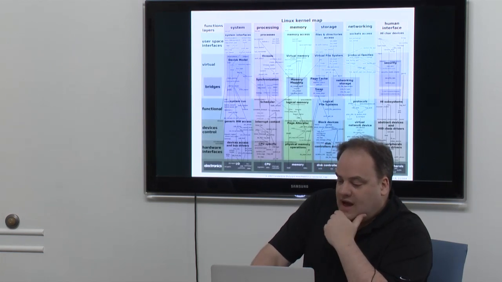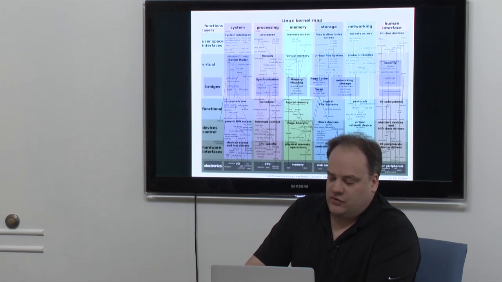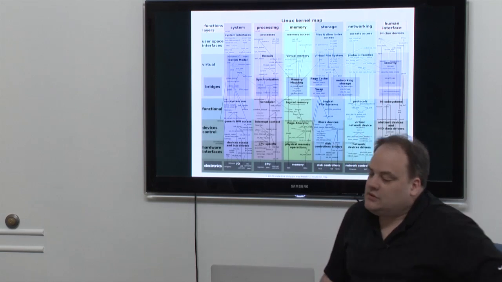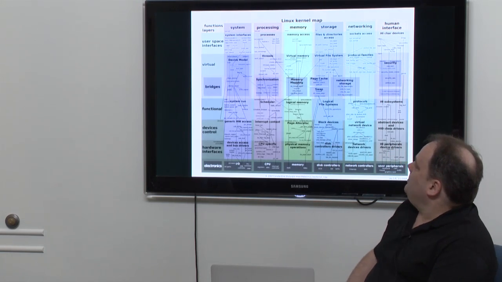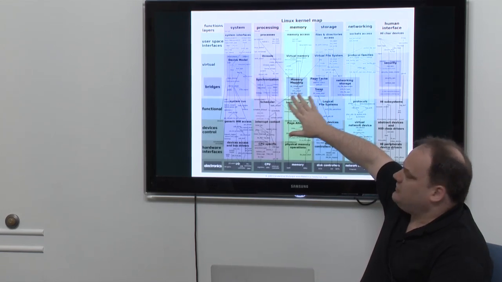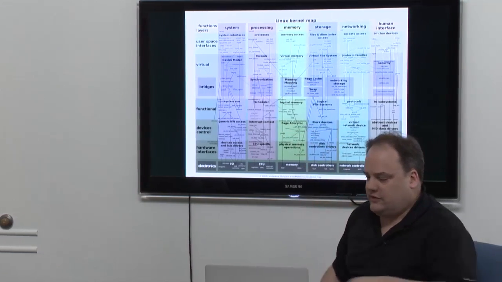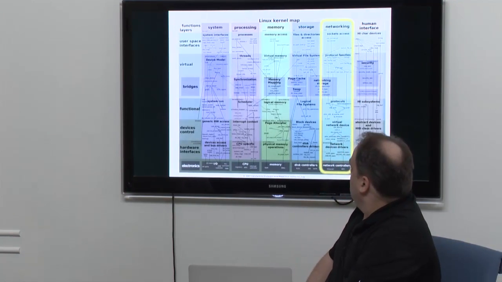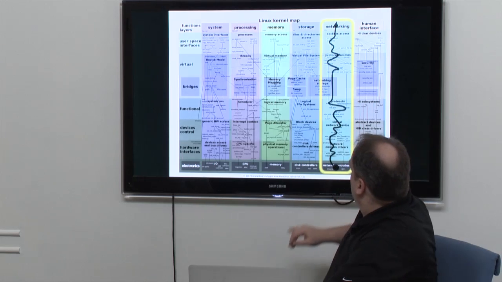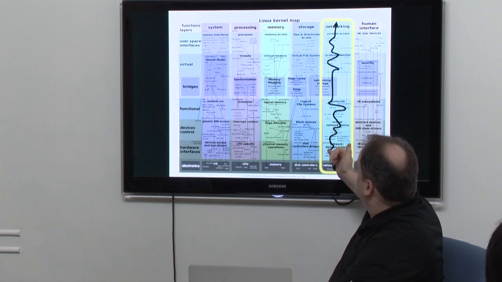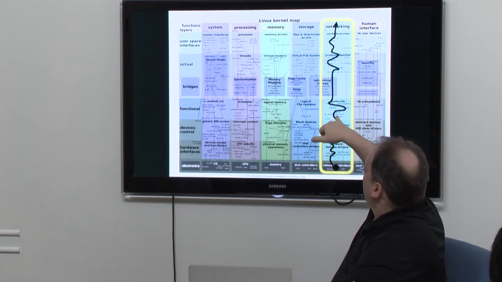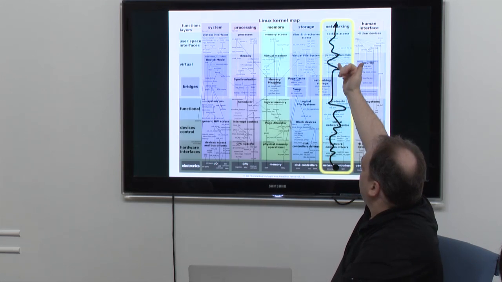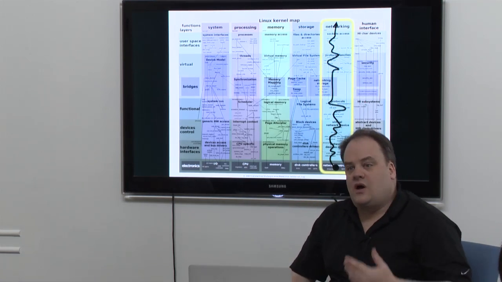So now I'm going to talk about packet scheduling. This is where I start to get into the meat of the presentation. This is the Linux kernel map. I got this from Wikipedia. I don't know if you've seen this before. The part that I want to talk about is the networking stack. Specifically, when a packet arrives, it goes to the network device drivers and so on, through all these structures, all the way up the stack. And it's a very convoluted path.